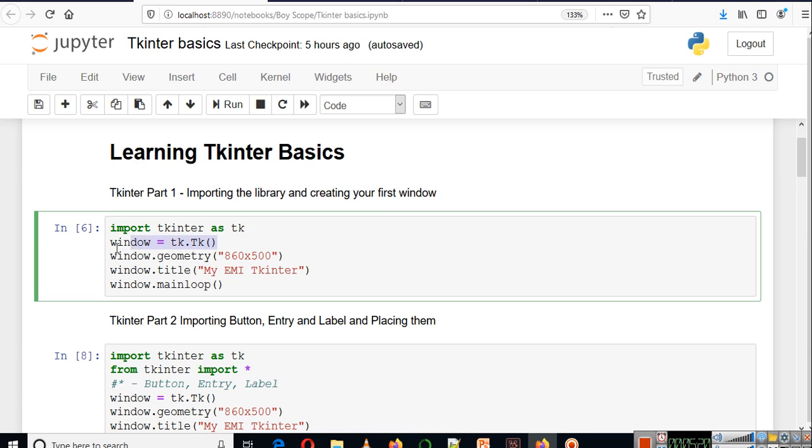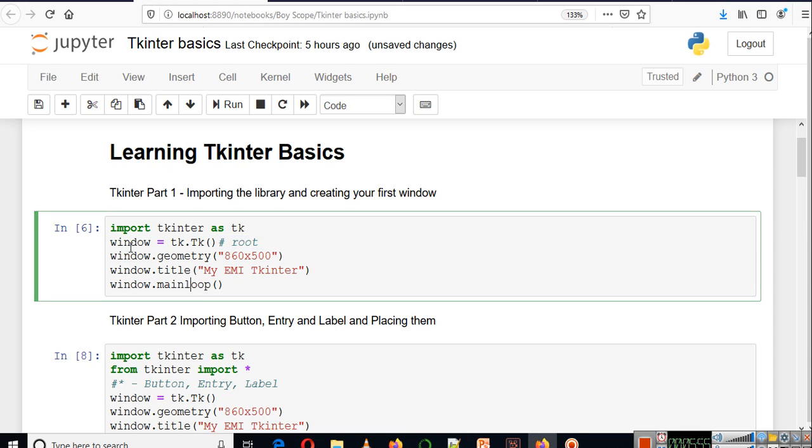So now this particular line is going to create a window for us, the window that you were seeing. So this tk method will be used to create a root window here, and that's why we are naming our variable as window. Sometimes in code you will find root written here, so it means the same thing. It is just the name of a variable. We are creating a window here.